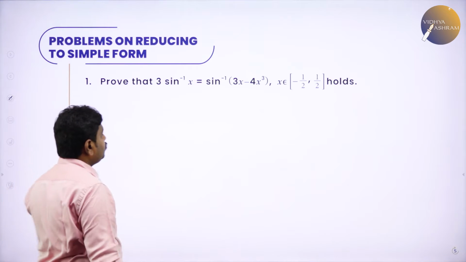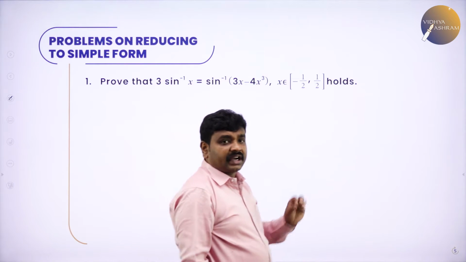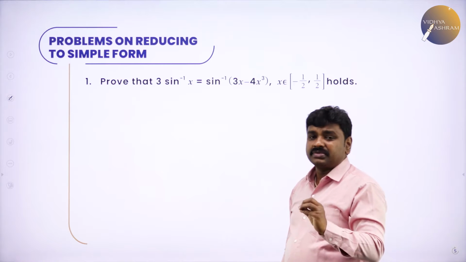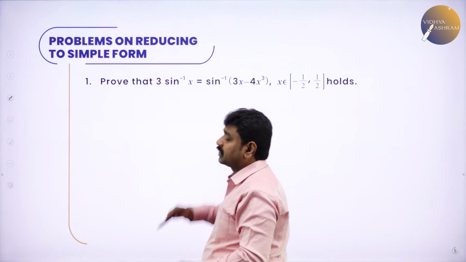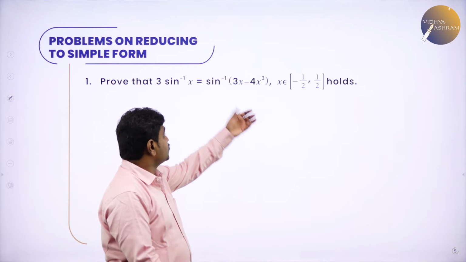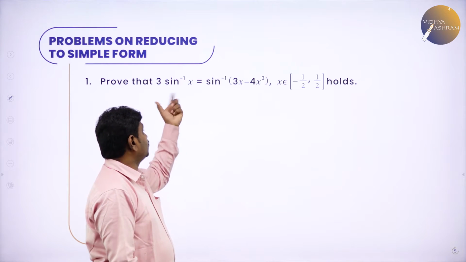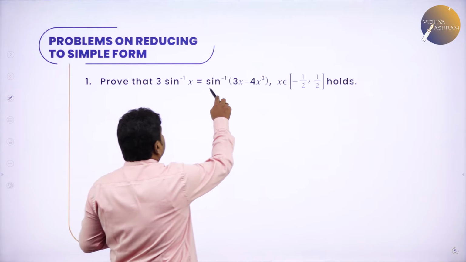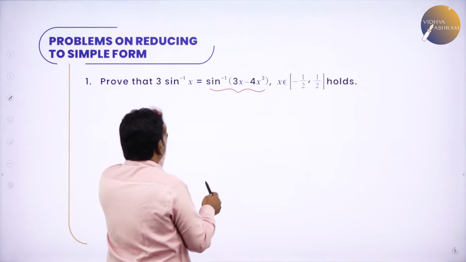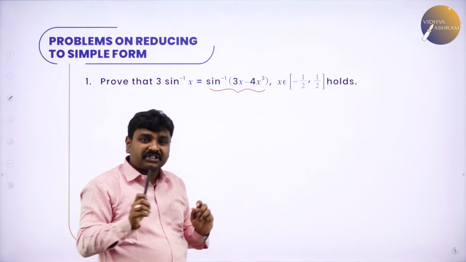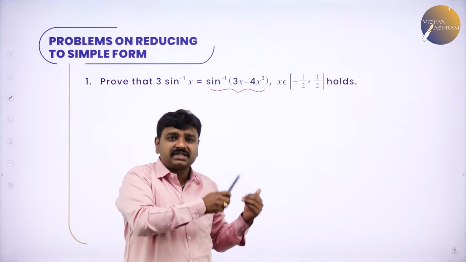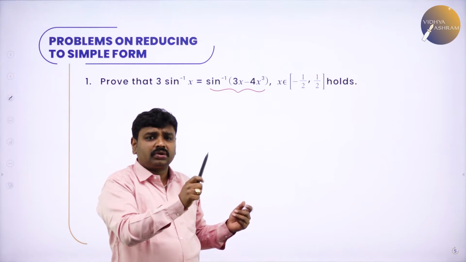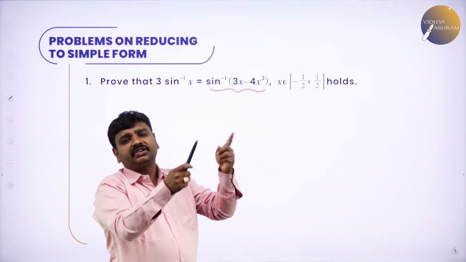Next, proofs. Writing the problem in simplest form, or they'll sometimes ask you to prove that. When they give RHS like this and LHS like this, first observe which is greater. This is a little complicated, this is simple. Always take the term which is a little complicated and arrive at the simple thing. I told you maths is a tool to convert complicated things to simple things.